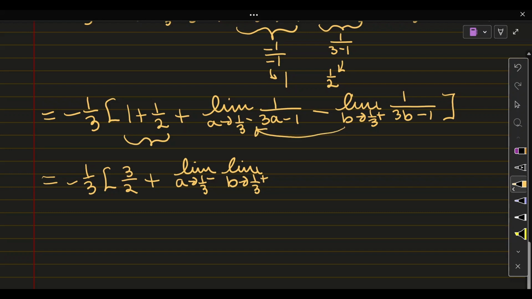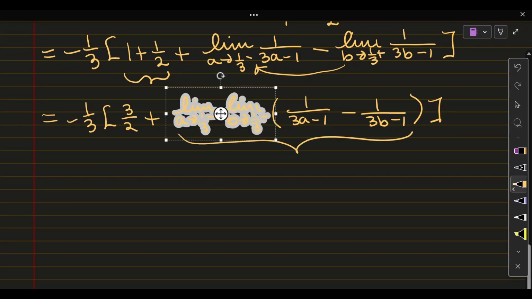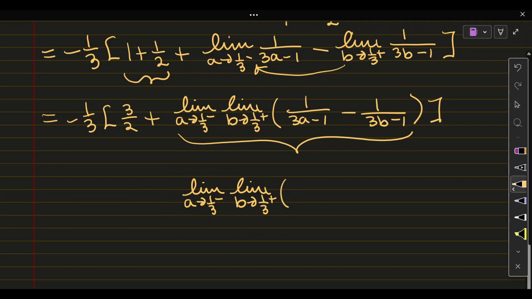So I just brought this over here of 1 over 3a minus 1 minus 1 over 3b minus 1. Okay, now from here, just continuing to solve this bit out here, I will have these limits here. Just go ahead and copy them, that way it's easier for me. So I'll have these limits here, giving them a common denominator so I can add them. I will end up with